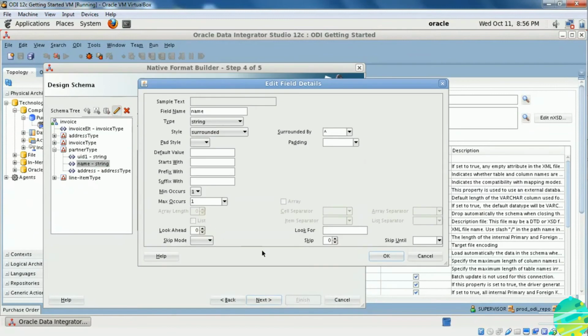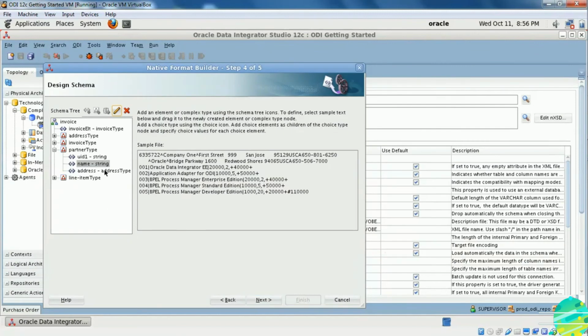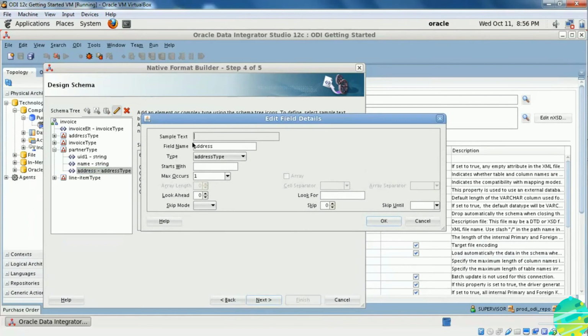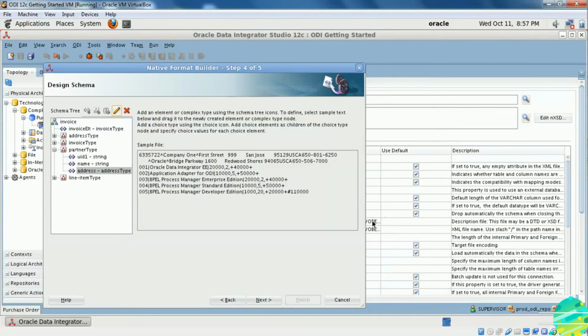Next one is name, which is partner name. It's a string surrounded by caret, and then address, where you can put the address type as a type because that data element has all the address field defined in it.